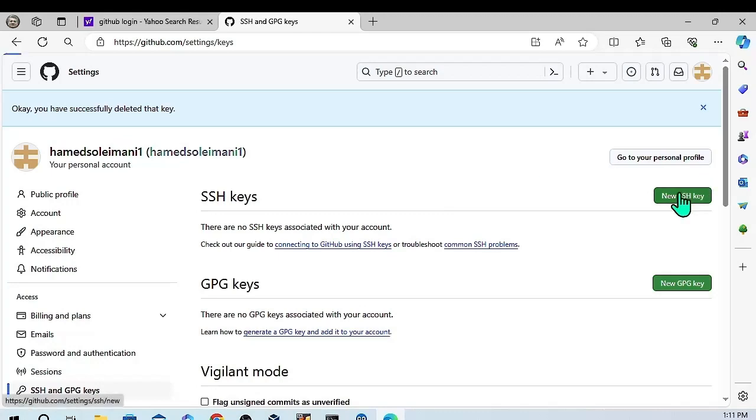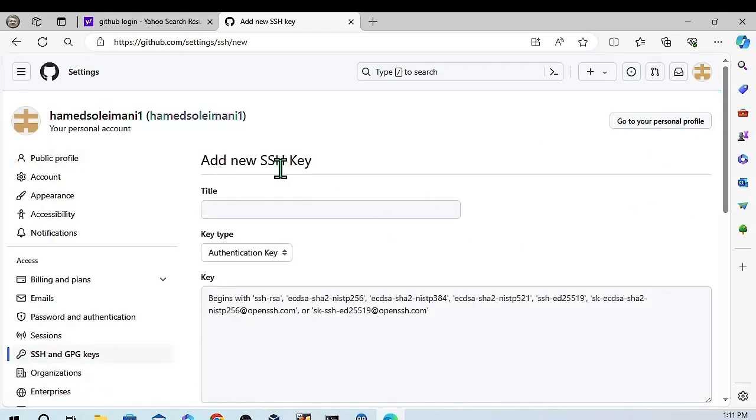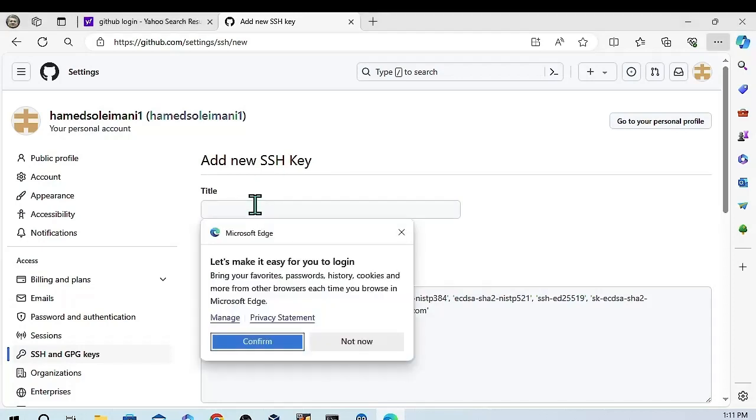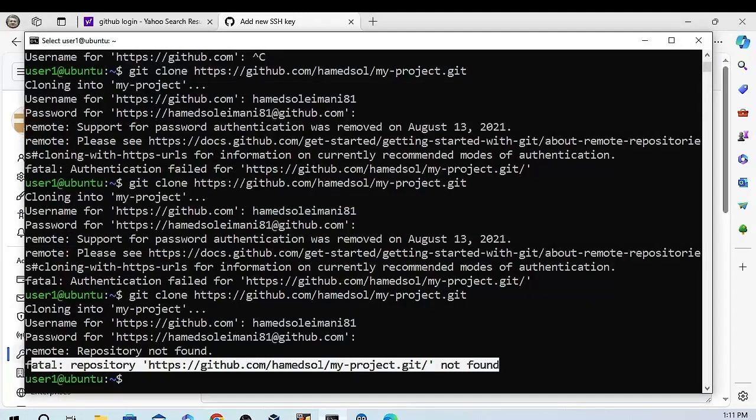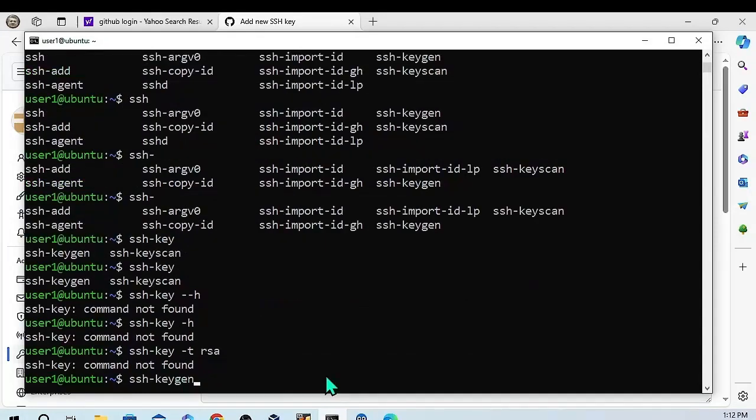And okay, let's get into that. Add a new SSH key. Key title. Let's put the title user one SSH key. Then I get back to user one and